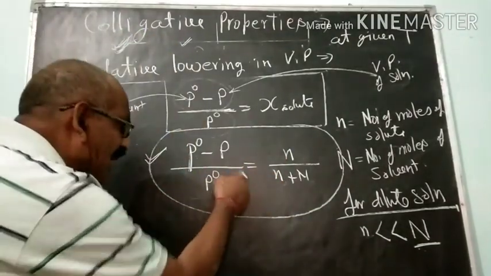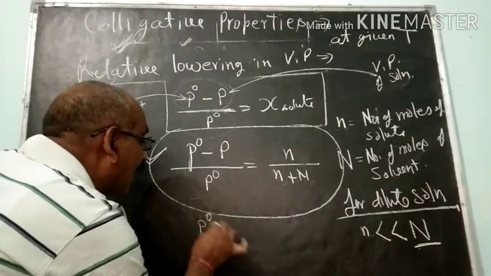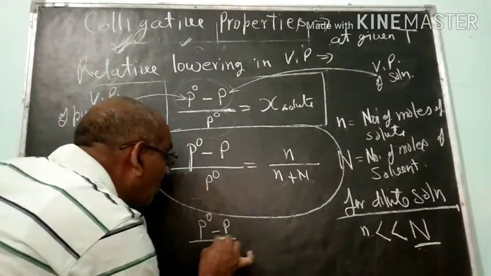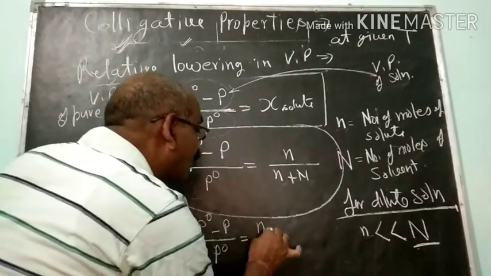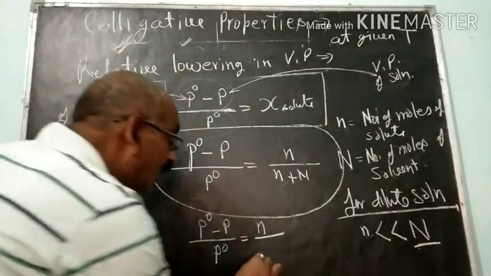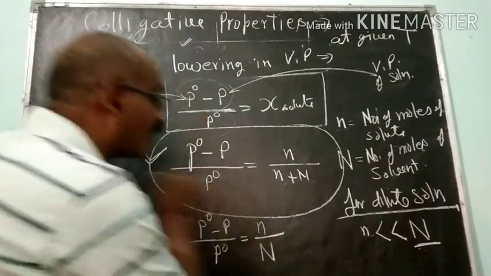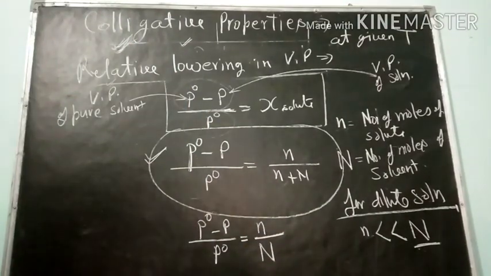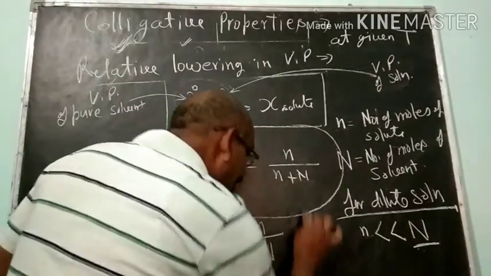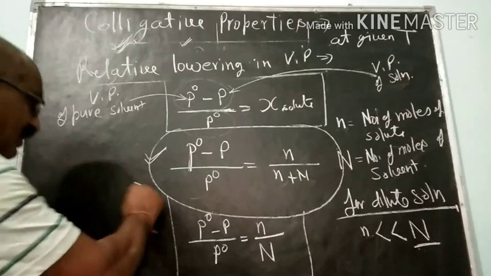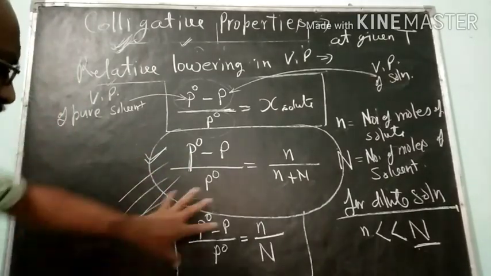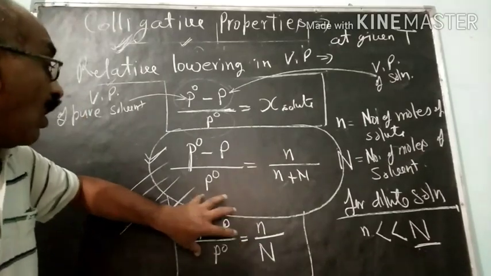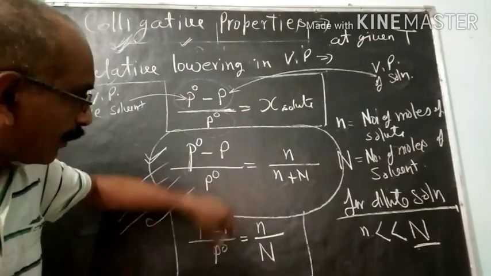So in comparison to the number of moles of the solvent, the number of moles of the solute may be neglected. So this expression can also be written as P naught minus P over P naught is equal to number of moles of solute over number of moles of the solvent. Is it clear? See, so these expressions confirm that the relative lowering in vapor pressure depends